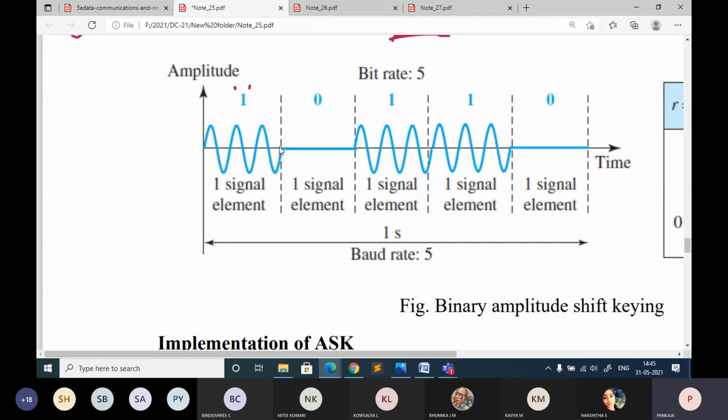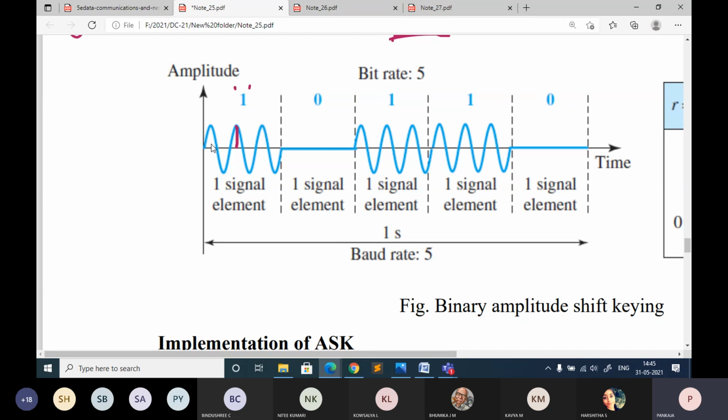Okay, when it comes to bit 0, immediately the voltage is represented with a 0. If it is 1, it once again takes the same amplitude as the carrier frequency. The next bit is also 1, so it has the same amplitude as, see, the amplitude is this one, the high or peak voltage, we call it amplitude. You can just observe it is the same for all the elements, whatever is represented.